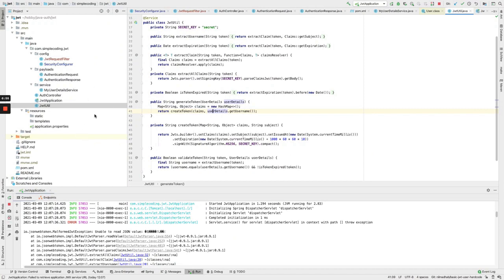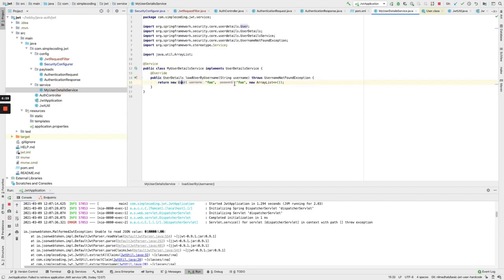And later, in a later tutorial, I will change this service to configure a new user which I will check from the database, and also we will configure the roles, and I will also implement the GitHub and Google authentication.